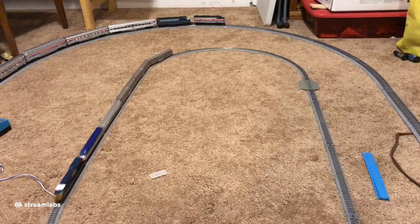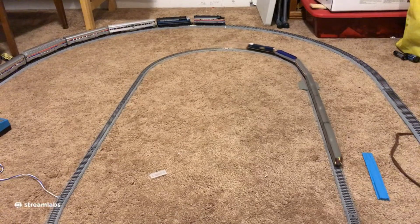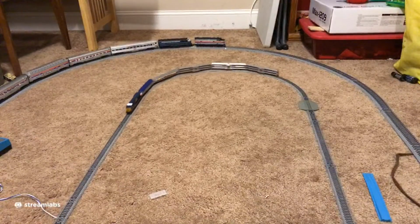Any suggestions? I mean, I know you guys are probably wanting me to get more locomotives, which I plan on doing. I may get an Amtrak locomotive, a newer, updated version for the HO as well as for the N scales. So,